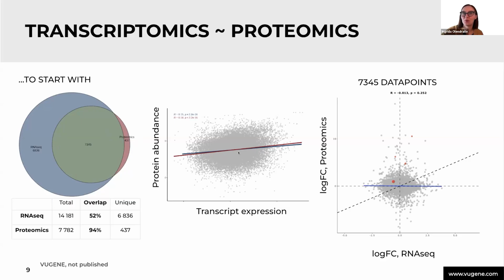The correlation, one line is case, the other one control, but it's not that much of a matter. Basically within the different samples, correlation between transcript expression and protein abundance is basically a cloud. It's not really a correlation. And then you could do it scaled and so on, but if you look at log-fold change, again, it's basically a cloud. Again, it really depends on your research question and on your data set, but we can clearly see that that's not fully linear